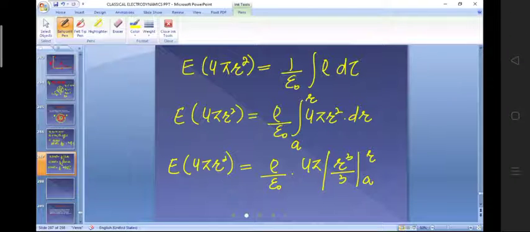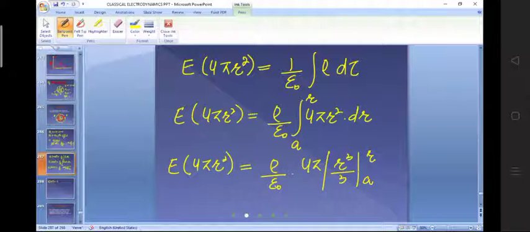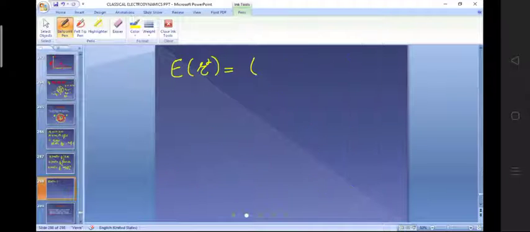Okay. Then this 4 pi will cancel. So the electrostatic field multiplied by r square will in turn be equal to rho divided by epsilon naught. Wait a moment. Okay, so the electrostatic field here, 4 pi and 4 pi will cancel, so it is rho divided by 3 epsilon naught. Fine, so here I will write down rho divided by 3 epsilon naught.